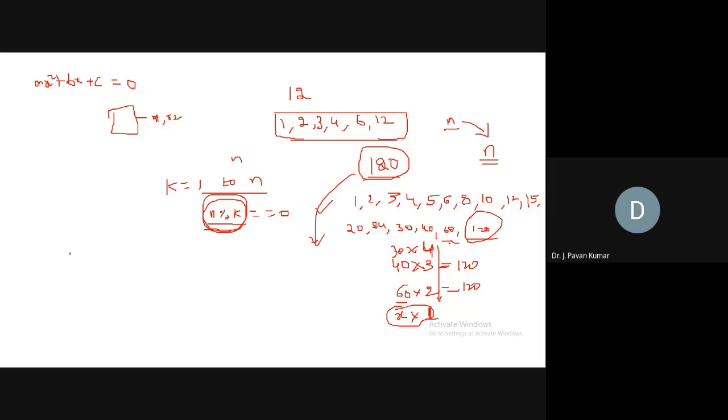Just consider 12 itself. What are the factors? These are the factors, right? So after 6, can we have any factor for 12 other than 12? Here also, no. So 6 multiplied by 2 is 12. 4 multiplied by 3 is 12. Here also you can observe the second multiple keeps on decrementing. So here it should be 1. After 2, it should be 1 only. 1 in the sense the number here should be 12 only. So we can consider up to 6.